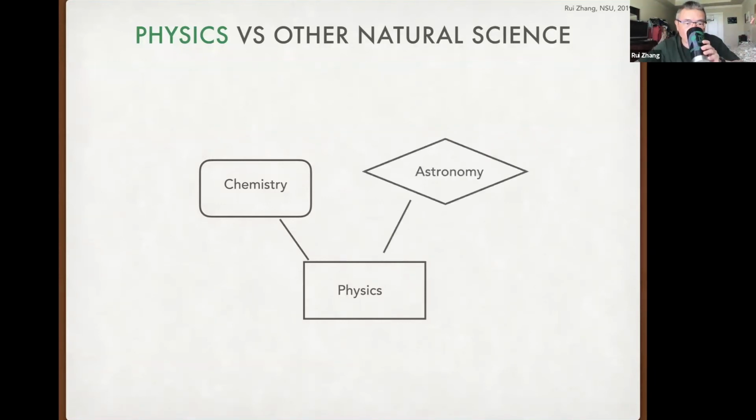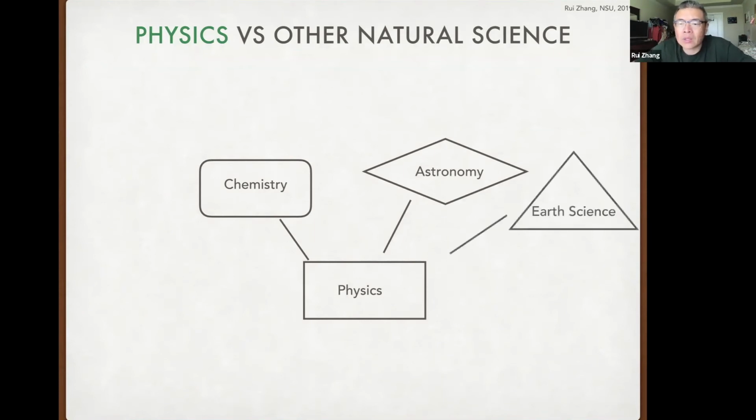Now, similarly, we have astronomy, which is tightly related to physics, like how the planets rotate around the sun, and the galaxies, black holes, supernovae, all these kinds of phenomena. Eventually, we need to use physics, specifically Einstein's theory of relativity, to explain them. Newton's universal gravitational attraction is also useful to explain what's going on in astronomy. So if you go deep down in astronomy, you get physics as well.